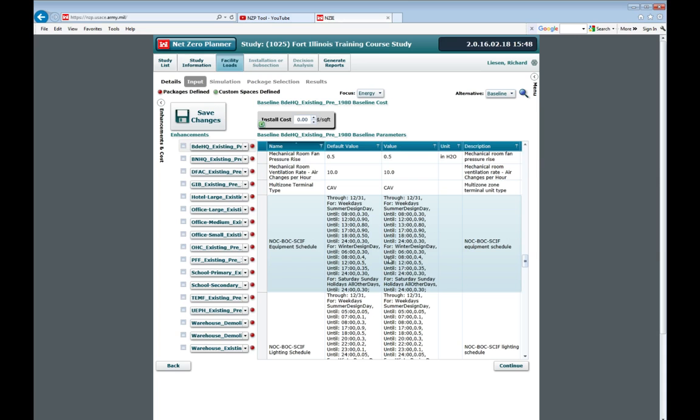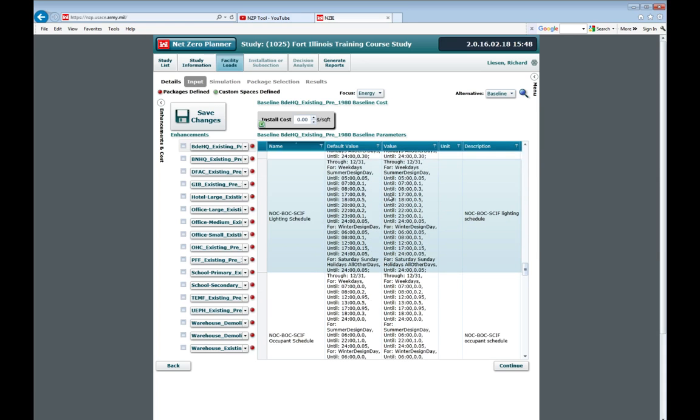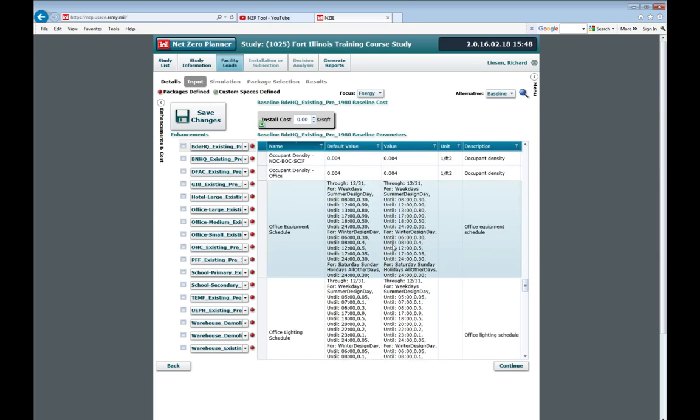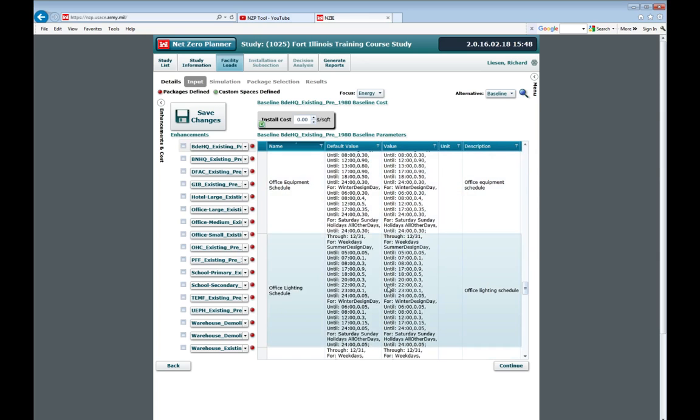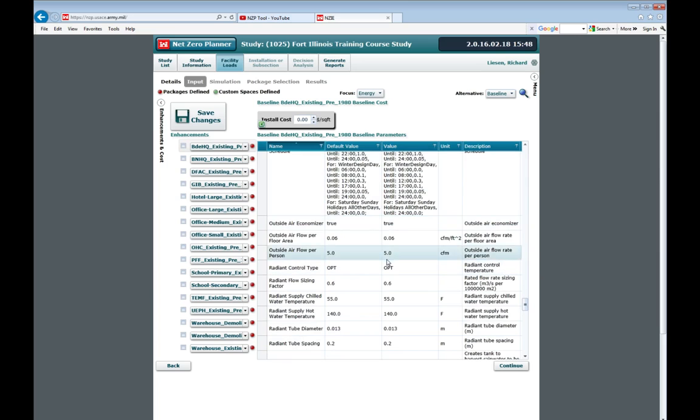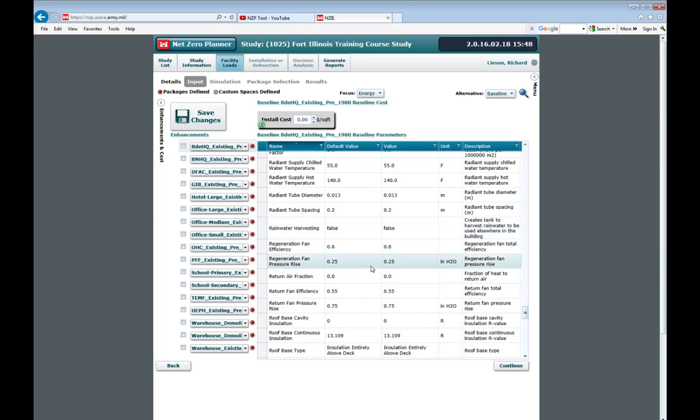You can see we have all the schedules. They all line up with each other as they stand, in the lighting with the occupancy and the equipment, and the office schedules all line up together. That's the other reason why, if you change one, then you have to change a lot of others as well. But then we're going to get down here to